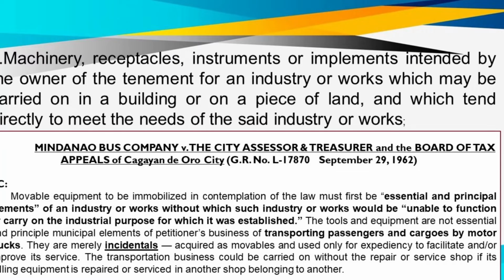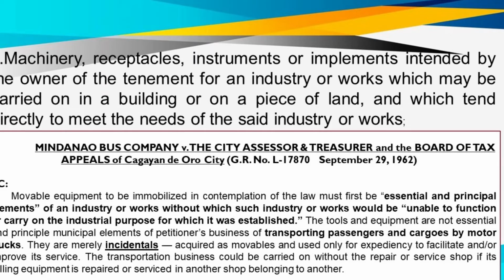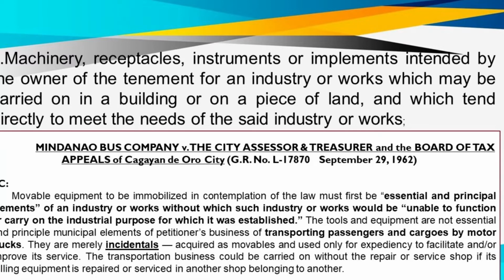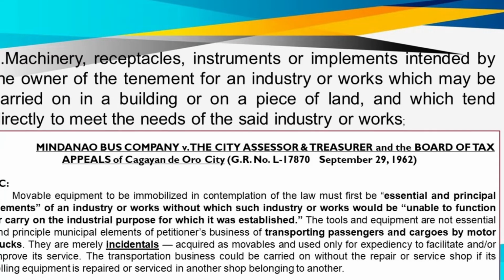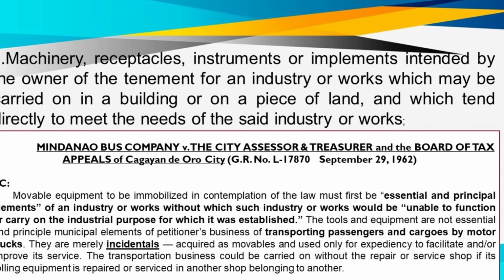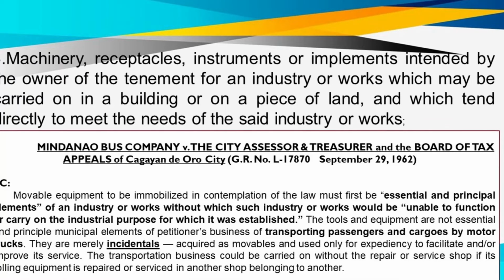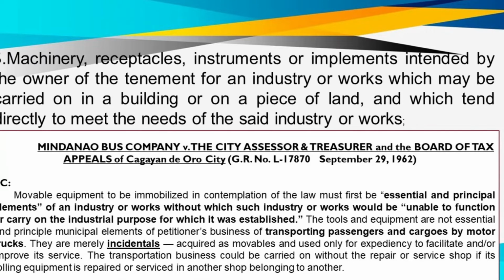And what were these machineries? To mention: electric welder machine, boring machine, decker grinder, hydraulic press, and battery charger. These machineries are also sitting on a cement or wooden platform, and the machineries were never used as industrial equipment to produce finished products for sale.